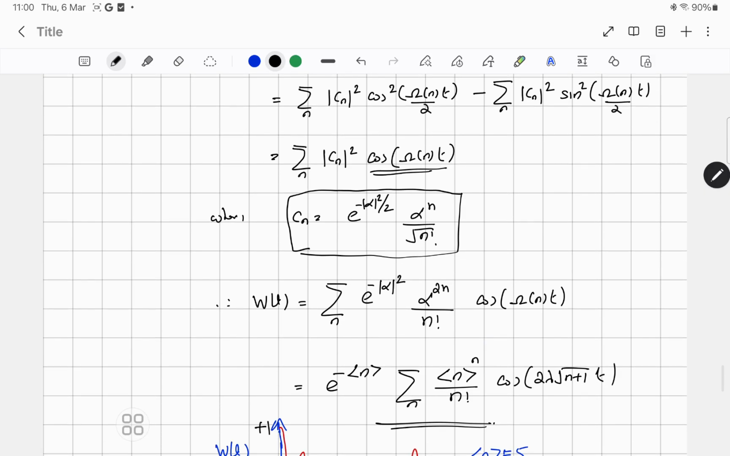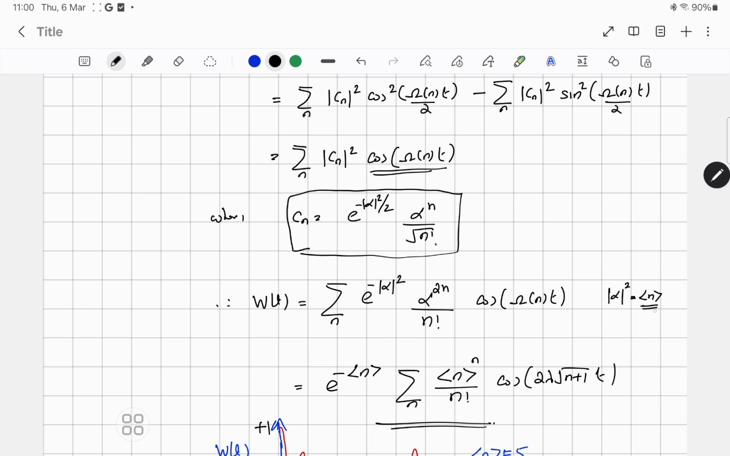So therefore W of t would be an infinite sum. It is the sum over n of e raised to minus mod alpha squared by 2, alpha raised to 2n by n factorial, cos of omega n t. Now it is good to note that mod alpha squared is nothing but the expectation value of the number of photons in the state, denoted by the symbol